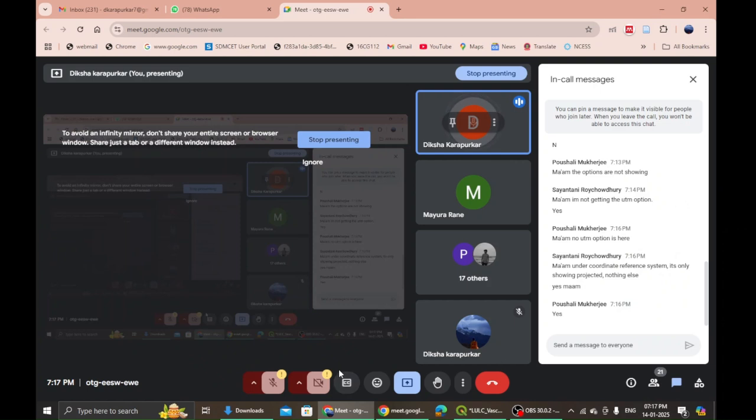Maybe then we will be able to sort out exactly what is happening, because we have spent a good amount of time here, 17 minutes until now. We have to go to the other tools also, right? Anybody wants to share their screen? Paushali or Sayanthani?